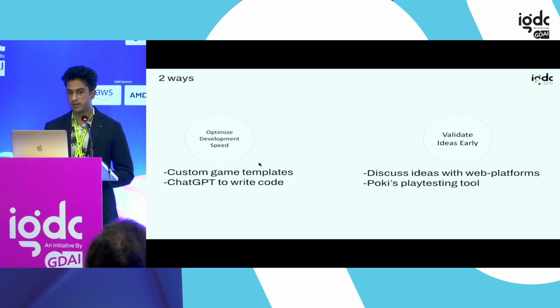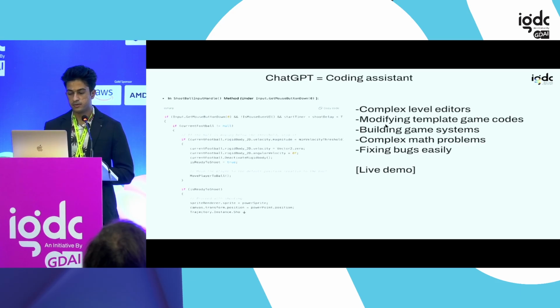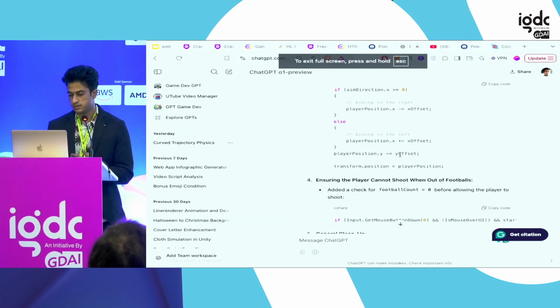Custom game templates is basically making reusable code like UI, game manager, sounds, assets like that, having a project file of it in Unity, opening that project again, copying it, and just writing the gameplay code, for which you can also use ChatGPT now. You can use it to write level editors, modifying your template game codes. You can just buy a template online, ask it to modify the core gameplay, and it's very efficient, very seamless. So let's see, for example, here.